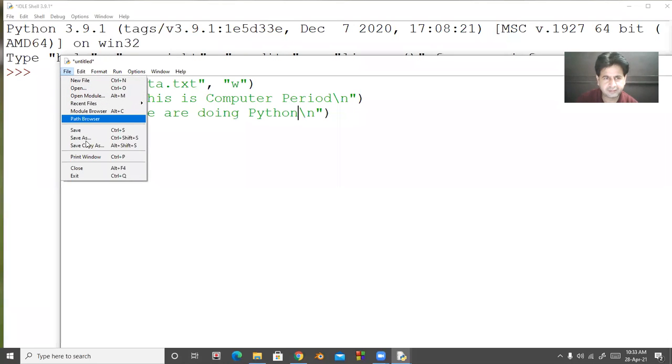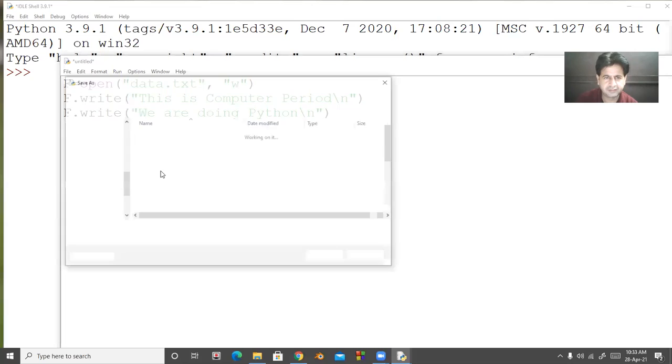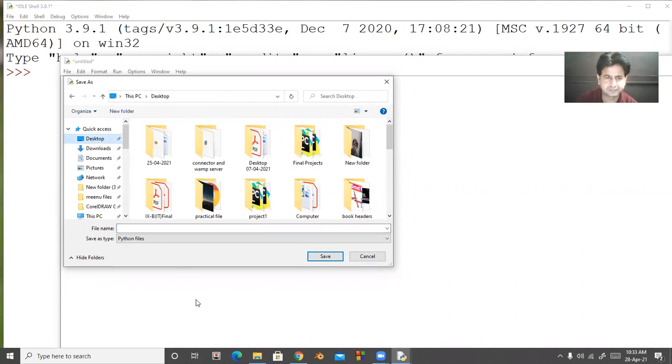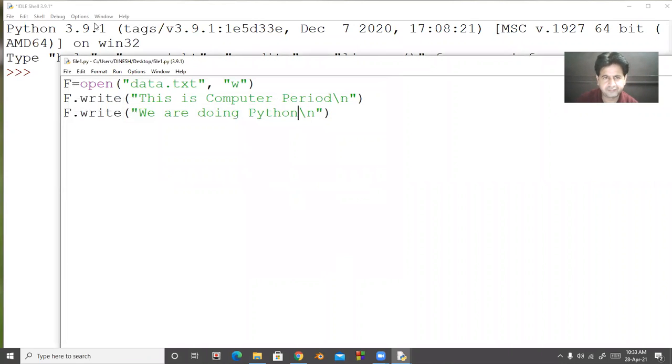Now I save this file on the desktop, with file 1. I run the program.